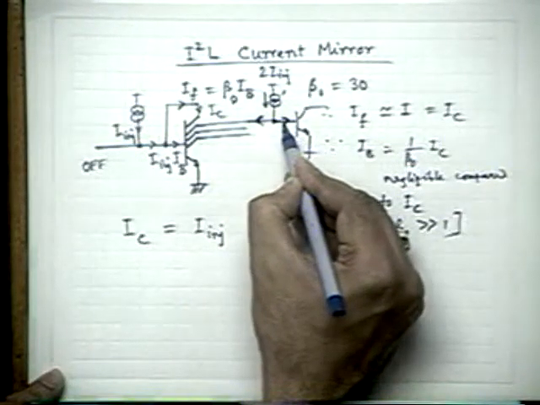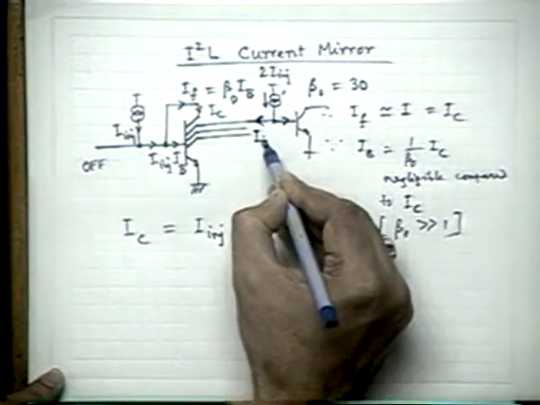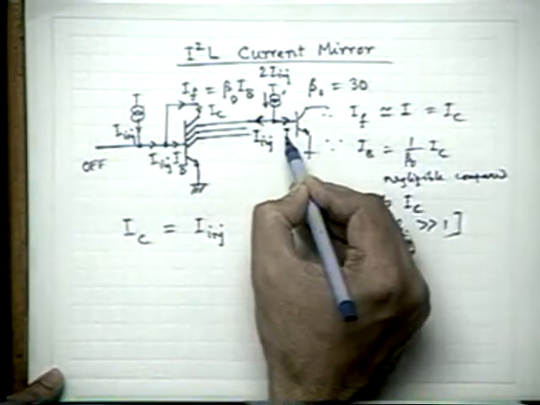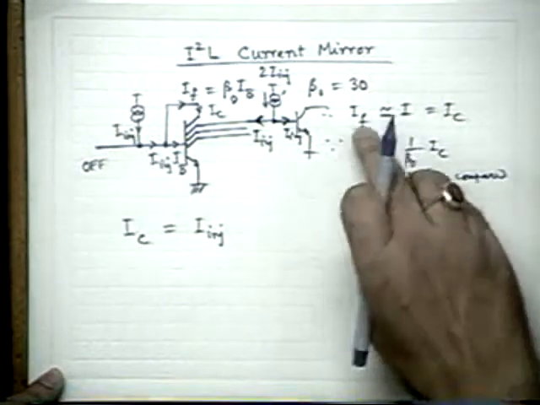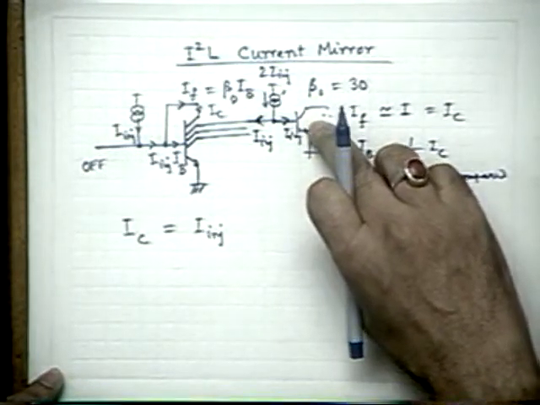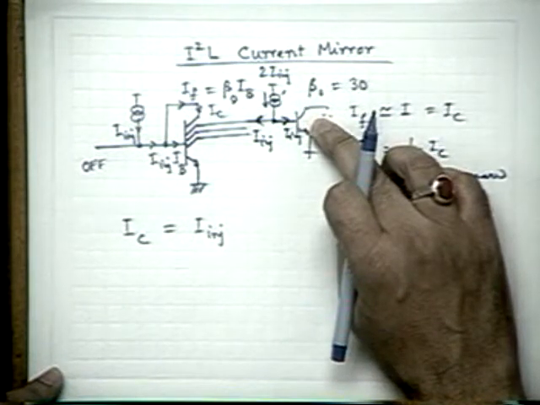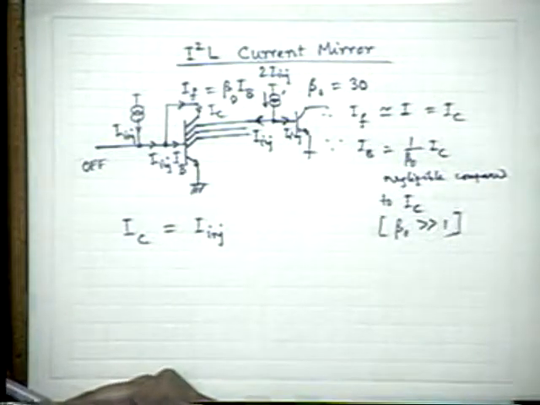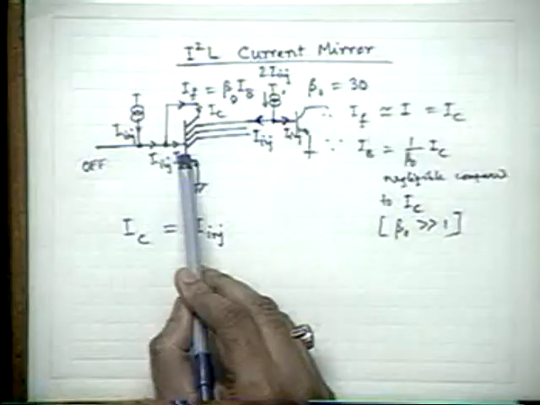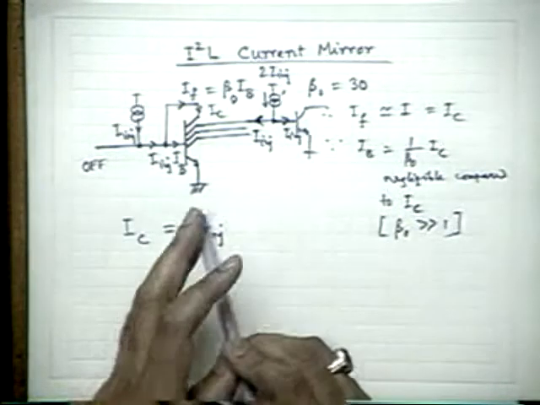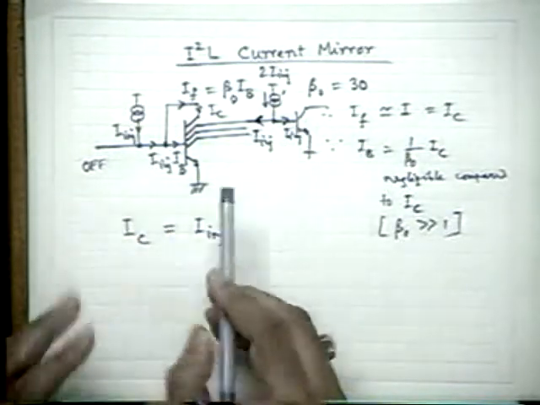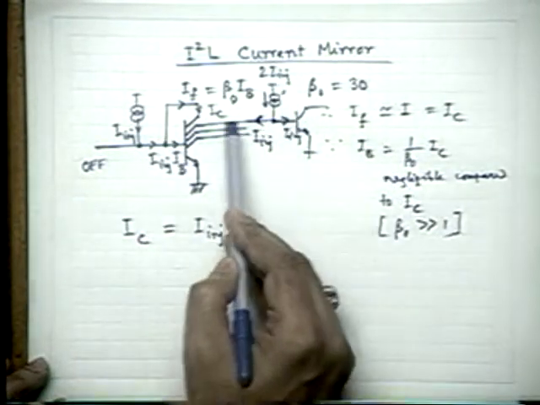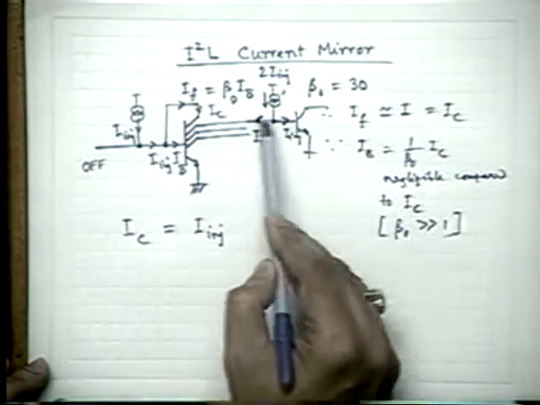In that case, what will be this current and what will be this current? This will be only I injector. And then the remaining current, I injector, will be passing and will turn this device on. Which is normally not the situation. In the earlier situation, you remember, if this transistor is on, the other transistor must be off, in ordinary conventional I square L design. As soon as this is on, the whole I injector is sunk by it, and nothing goes to the base, so the other transistor gets off. But this is not the situation here.